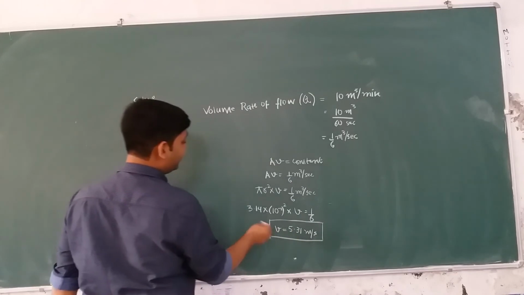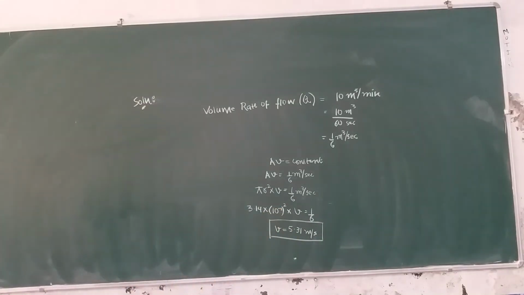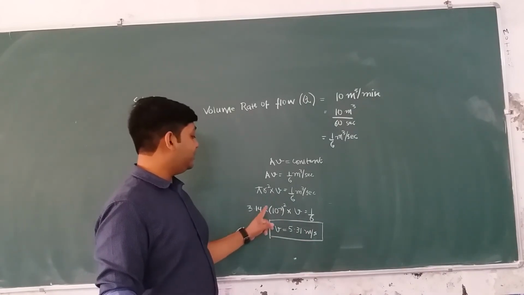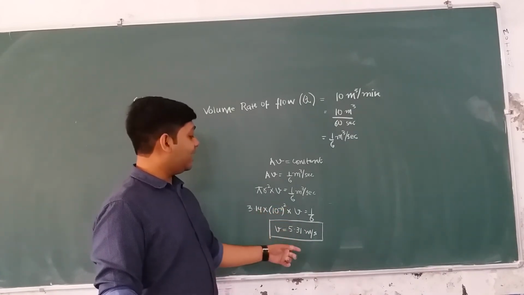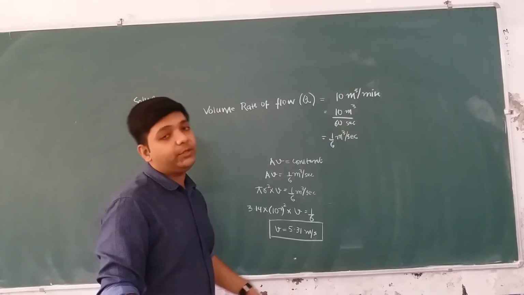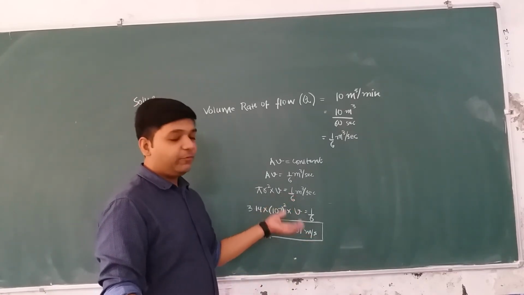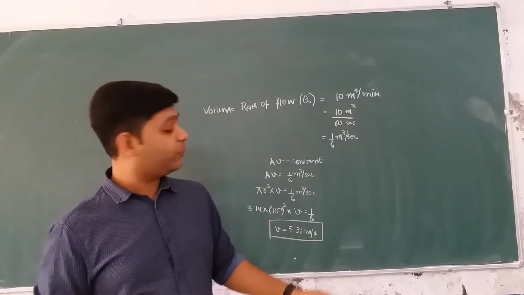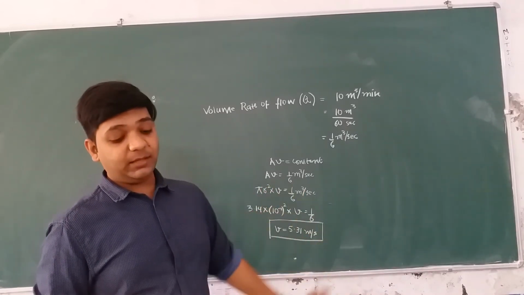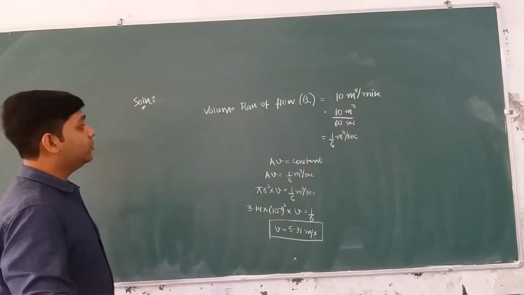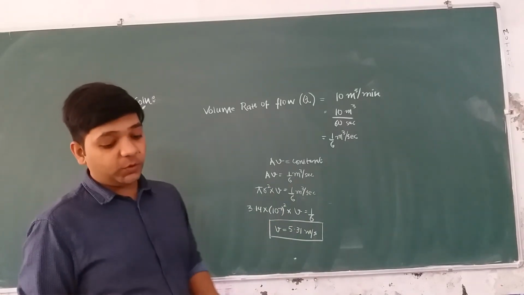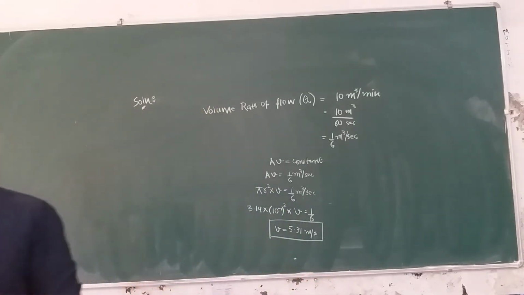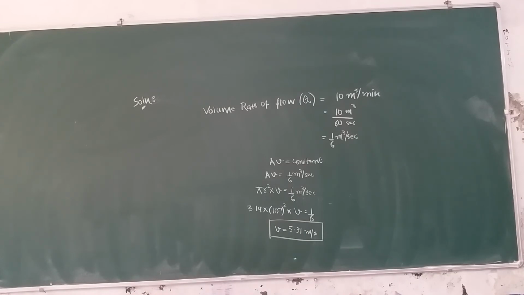You can easily solve it. This is just now the calculation is left. ठीक है, you will multiply 6 with 3.14 and then 10 raised to the power minus 2, and the answer will come out to be 5.31 meter per second. This is the velocity of the water at that point where the radius is 10 centimeter. All right, please note it down, and then we shall move to our next problem. I hope everyone has already done this. ठीक है, now we are proceeding to the next problem.